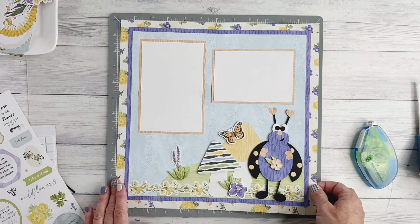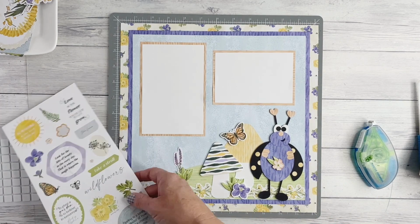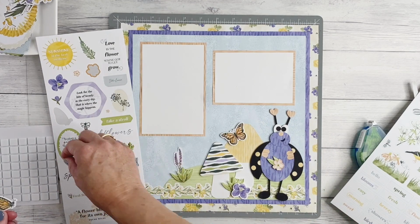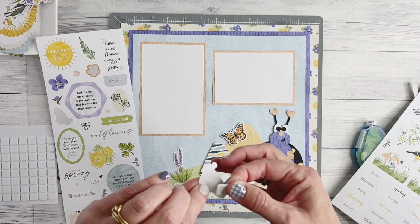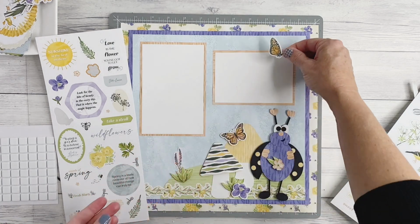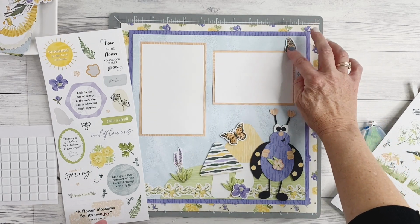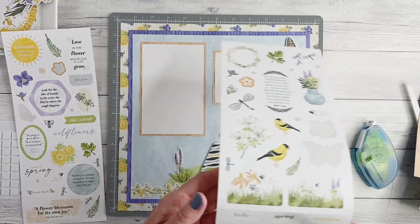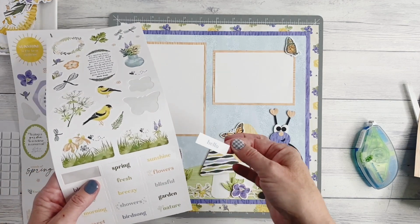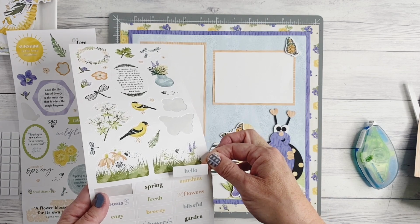Okay, so I'm just going to finish off, I think, with a few extra little embellishments. Balance it out by adding an extra little butterfly to the top of my page. Again, even though it's a sticker, I'm using a foam square for that dimension. And I think I'll work with creating a little title here from these phrase stickers. And I think I'll have